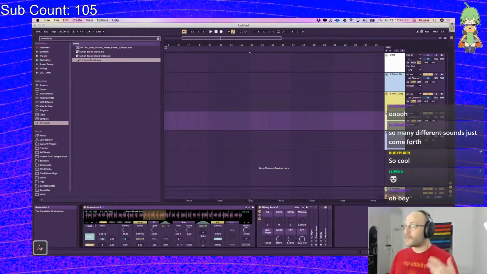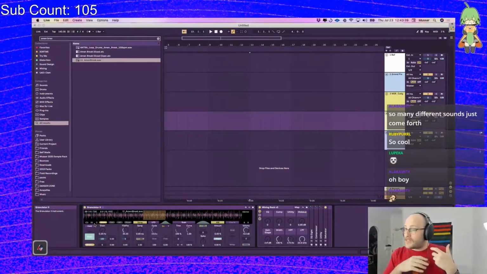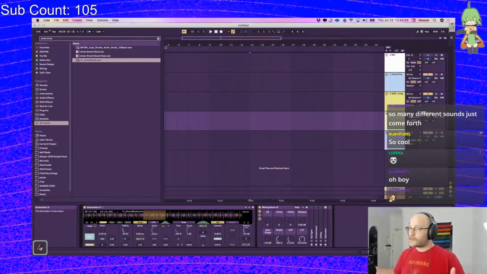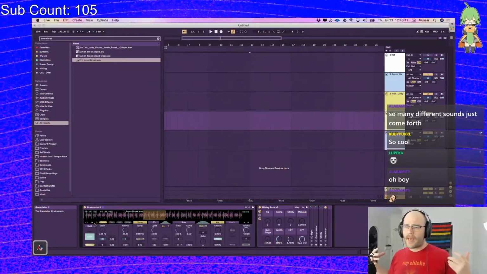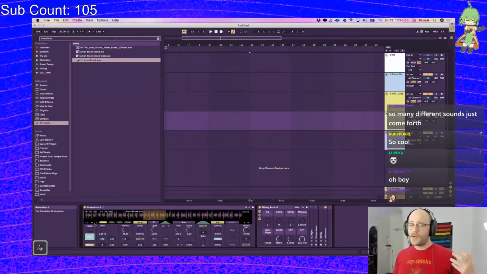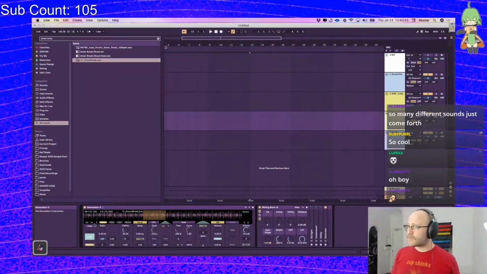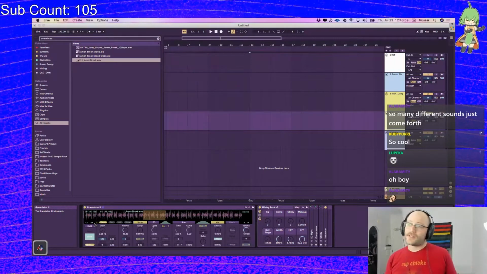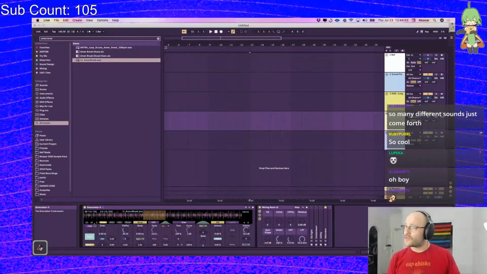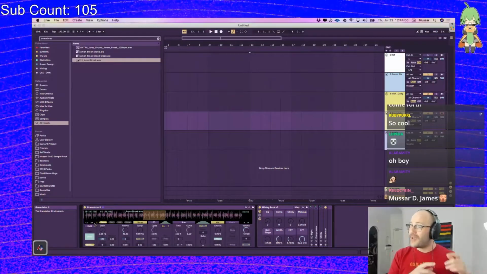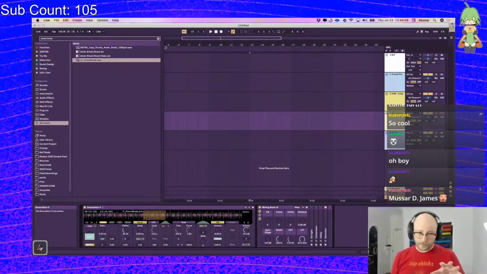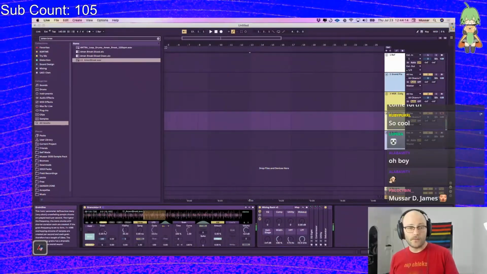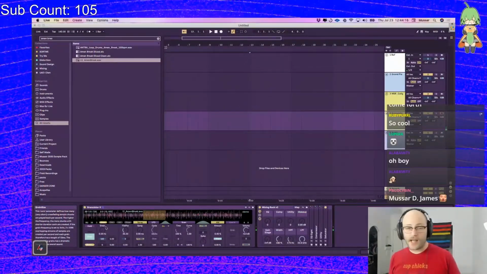I love granular synthesis. Part of the reason why I saved it for the last bit of sound design synthesis is because it allows you to take all of these different things that we have covered throughout the past few weeks: subtractive synthesis, FM synthesis, wavetable synthesis, even additive synthesis. It's kind of finagling with all of those, taking the results of those and putting them into a completely new way of interpreting those sounds. Because you can go for full sections of the sound, or you can just go in